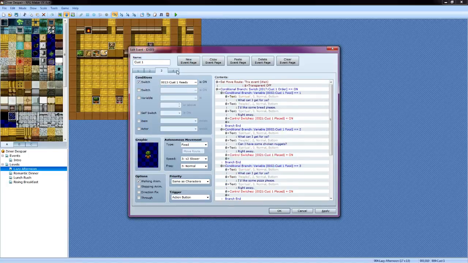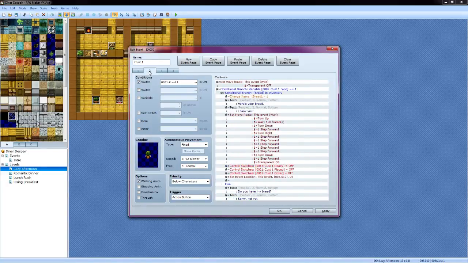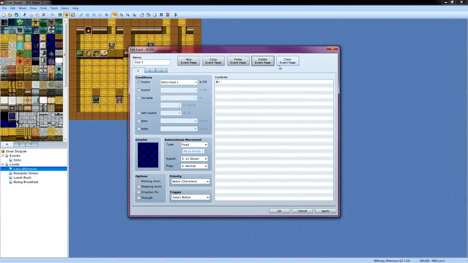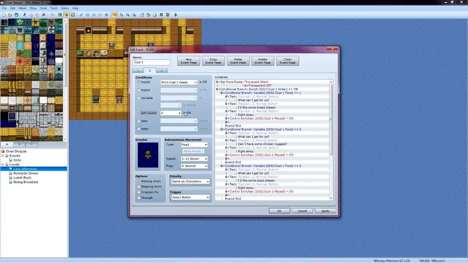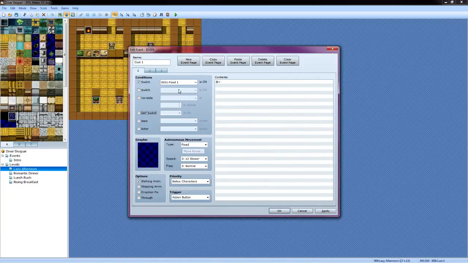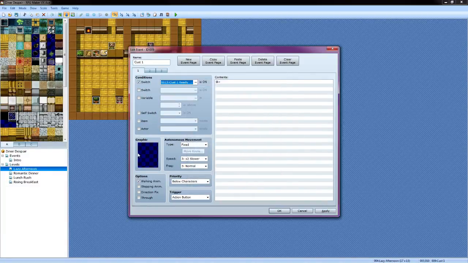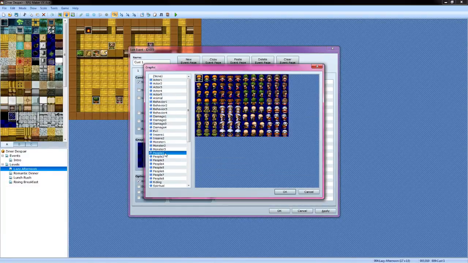So customer 1 ready, customer 1 placed. I'm going to go ahead and delete the initial page. We're going to change this to this plus A, and this is going to be customer 1 ready. We're going to give it same guy, same kid, looking the same way,